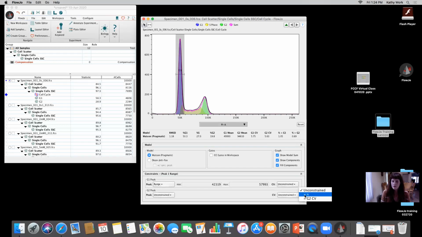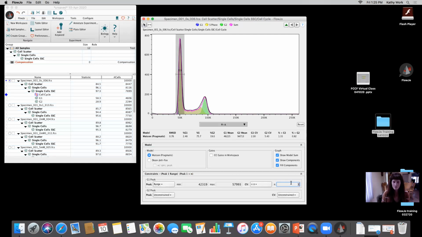So if I say, all right, you know what, I don't want my G1 CV to be 5.75, I think it's a little bit higher than that. If I hit N, it automatically defaults to 1, and what happens? This does not look great anymore. Even though that RMS is coming at a very low level, we have no G1, and we know that that's actually not correct. So if I start adjusting this value,